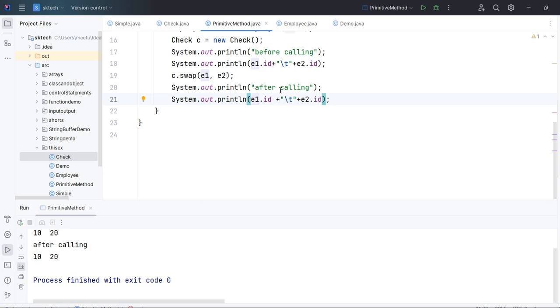It means that Java is not pass by reference, it is pass by value, because when we call this method, it is passing the copy of the value, and whatever modification is happening inside the swap method is not affecting the outside variable, similar to the primitive data type. So now let's discuss the third topic that we want to discuss.